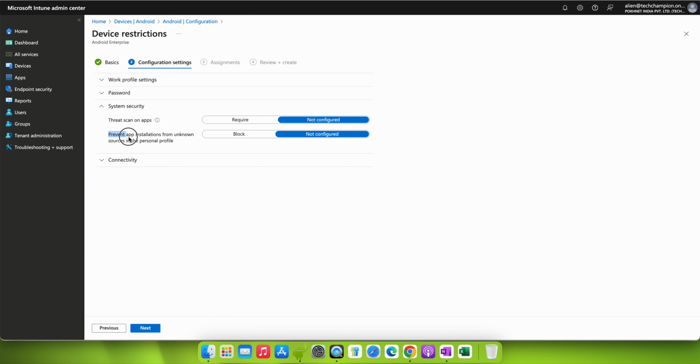And you see here, Prevent app installation from unknown sources in the personal profile. Currently, by default it's not configured. As I mentioned, you want to block it. Why do you want to block? Because even though the user device is a personal device, we are allowing corporate access on the BYOD devices, and the data is completely separated in the work section. Then why do you want to block app installation in the personal profile? Because